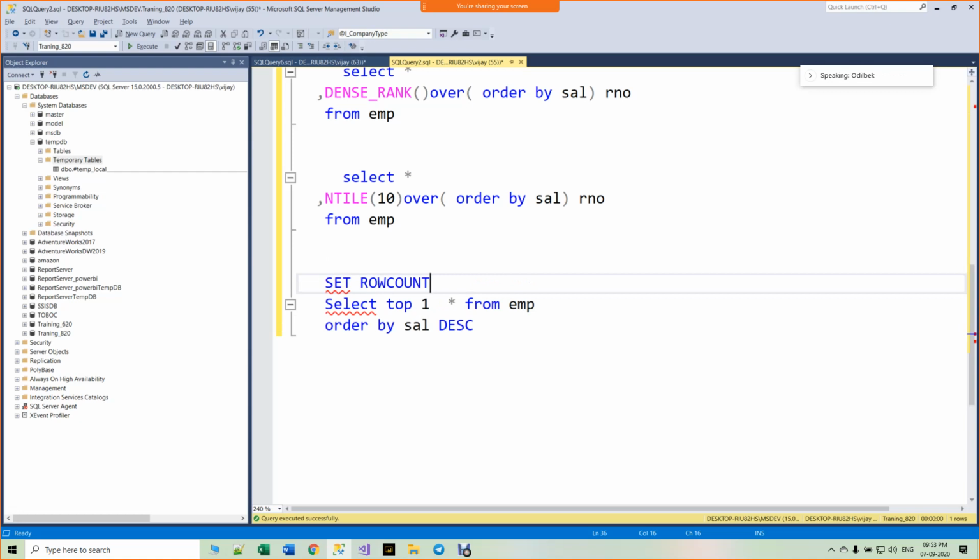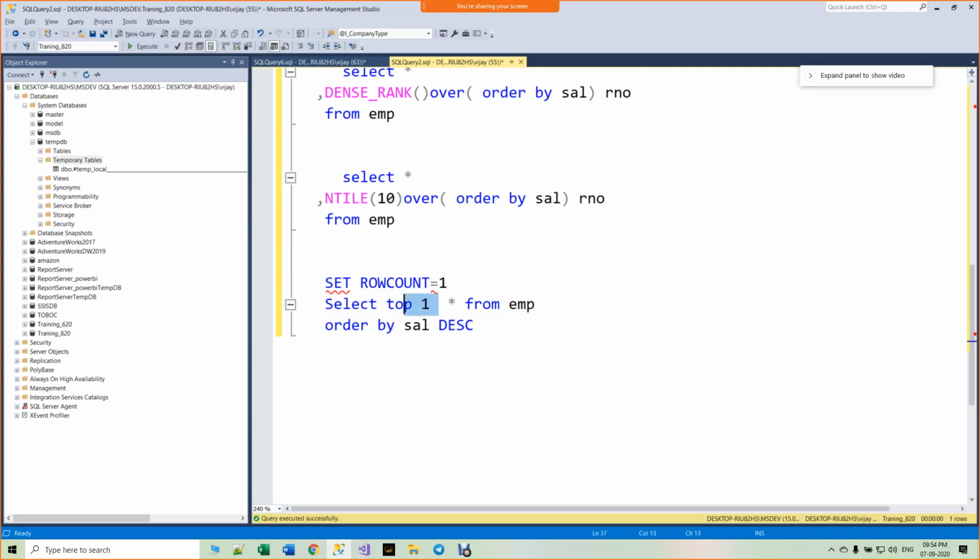Just a moment, I forgot that. Set row count equal to 1.